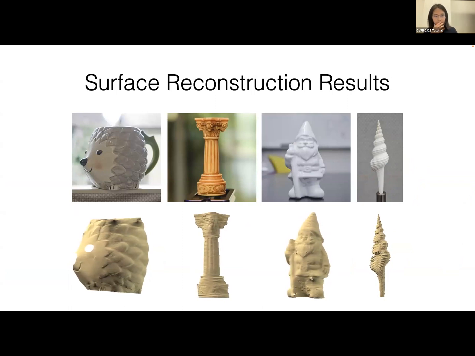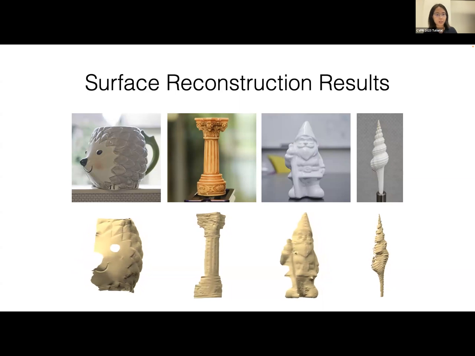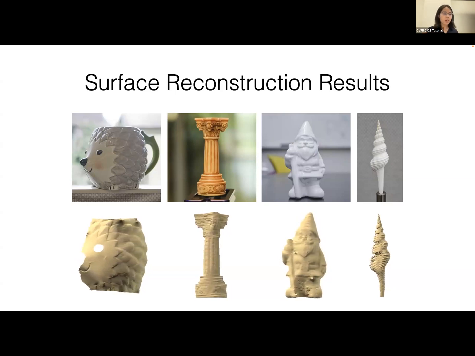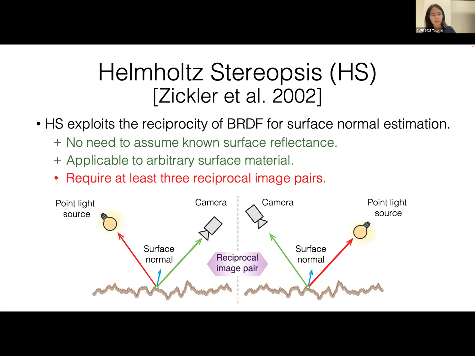So with this, I think I showed you how to use the polarization constraint combined with other physical constraints for shape estimation. And then I want to show you another example that combines the polarimetric constraint, or the geometric constraint that is offered by the angle of polarization, with another type of classical physics constraint, which is called the Helmholtz stereopsis, which is a method that is